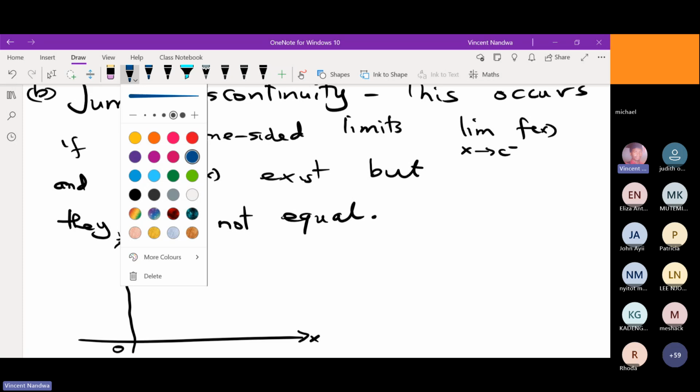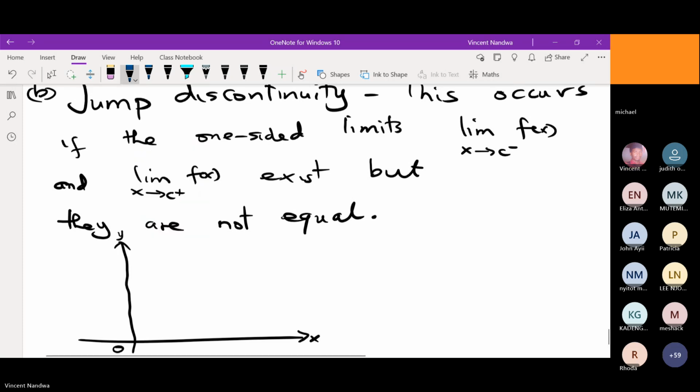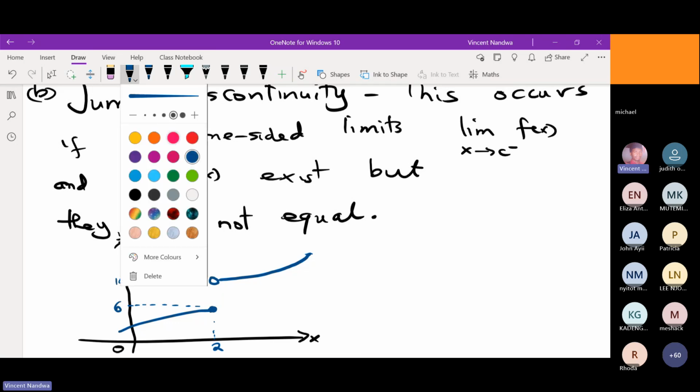If I have a function which is defined as follows, so there is 2, and let this be 10, and let this be, say, 6. If this is how the graph is drawn,